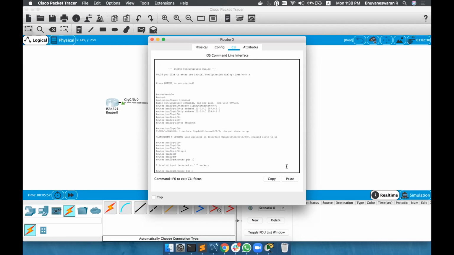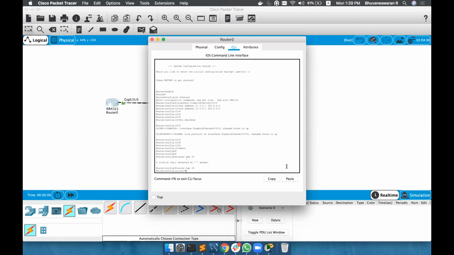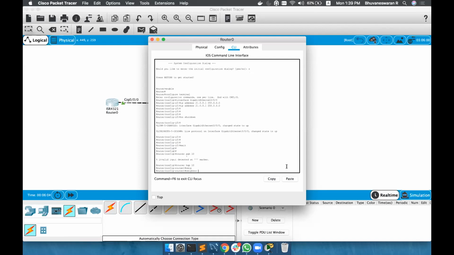Correct? Yes. Neighbor 21002. Remote AS is 20.